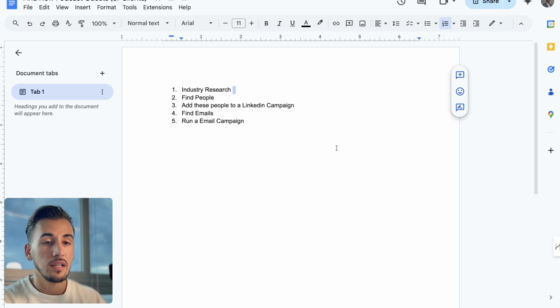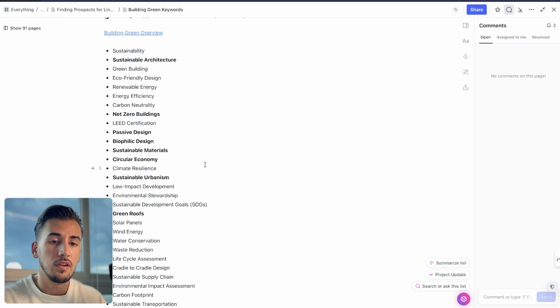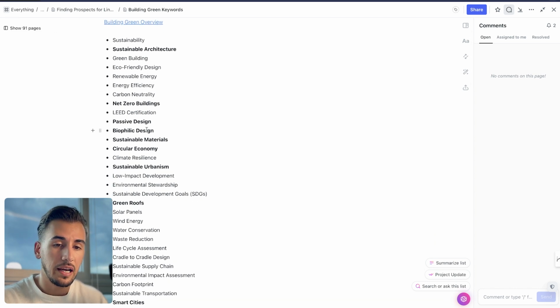For the sake of keeping it short, I'm going to dive right into that research. However, using different terms like ChatGPT and stuff like that can get you very quick results, and you can go through that very quickly. If we're looking at this term, we have different kinds of sustainability keywords that we can use to find people on this guest. And we're going to dive right in.